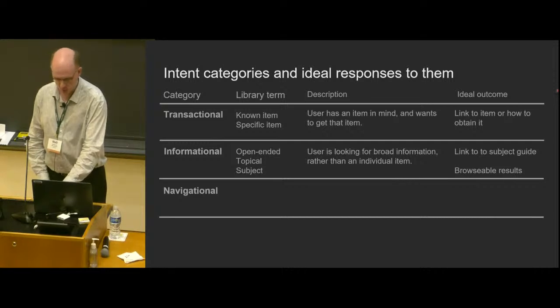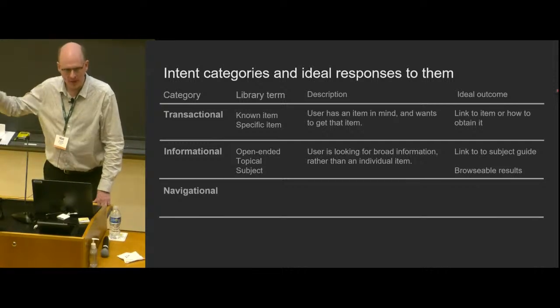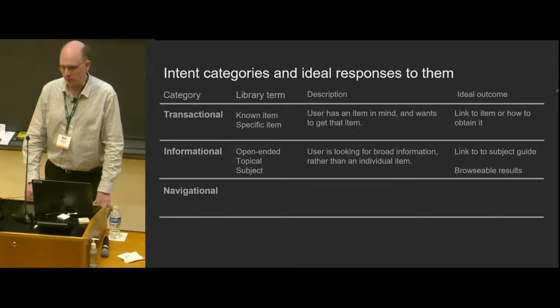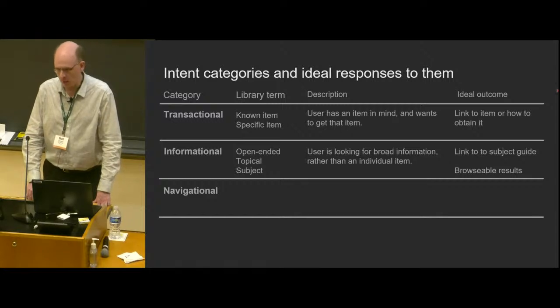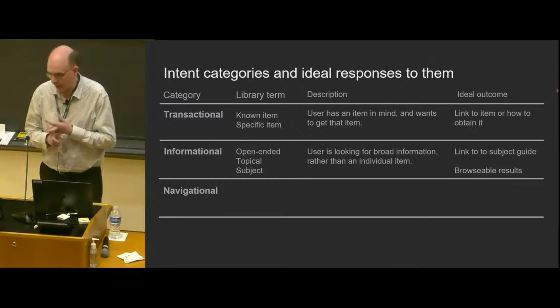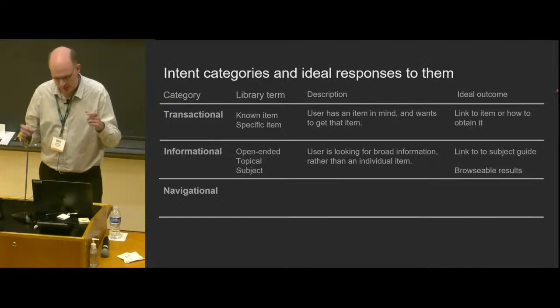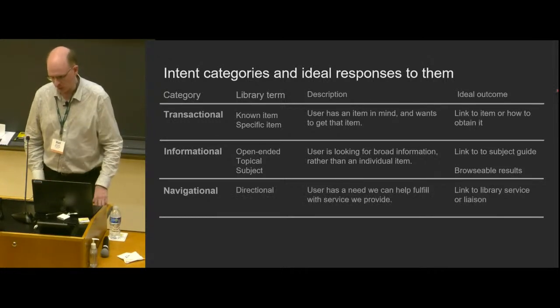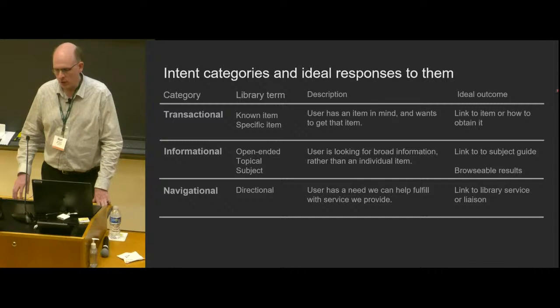The second category is informational, kind of open-ended topical search. The user's looking for broad information, not one thing. And the ideal response is either to link to something like a subject guide or send them browsable results, not just one item. The last category that we're calling navigational or directional,